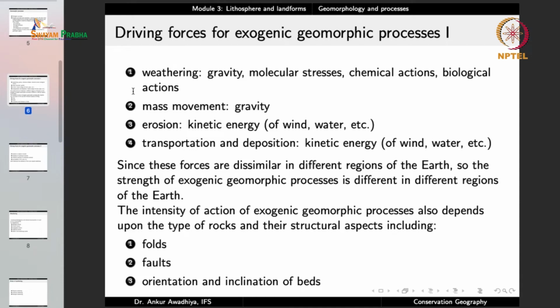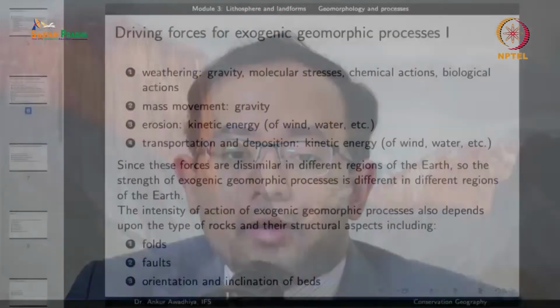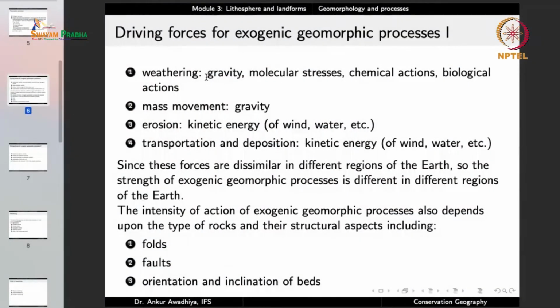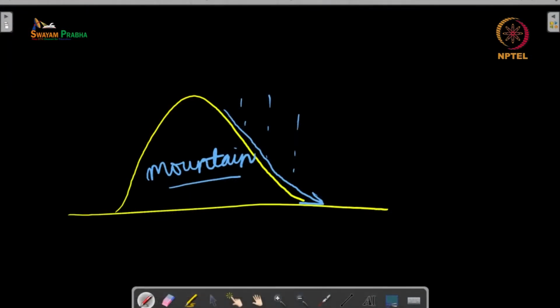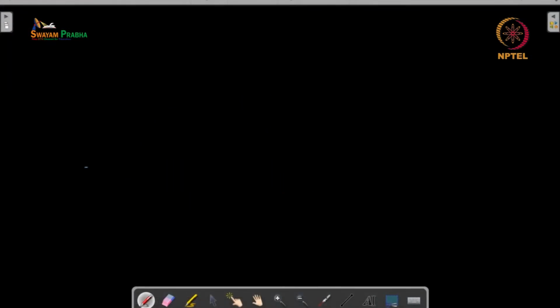Now, when we talk about weathering, in the process of weathering, a rock gets broken down into smaller particles because of physical agents, because of chemical agents. Now, when a rock is breaking down into smaller fragments, it is breaking down because of the action of a number of things. One is gravity. Now, gravity acts because if you consider a rock like this